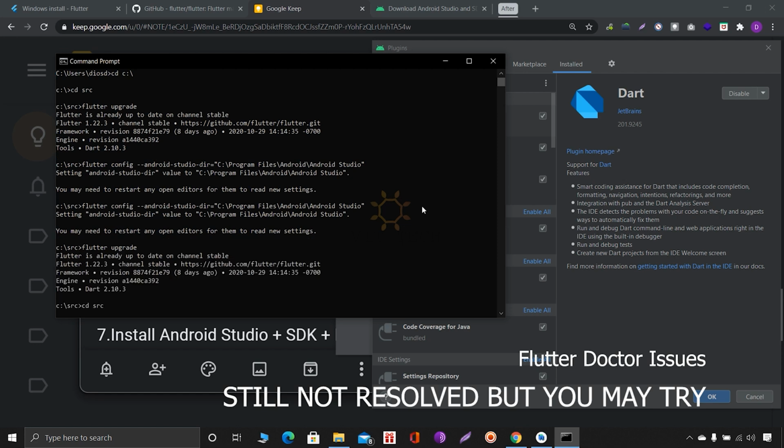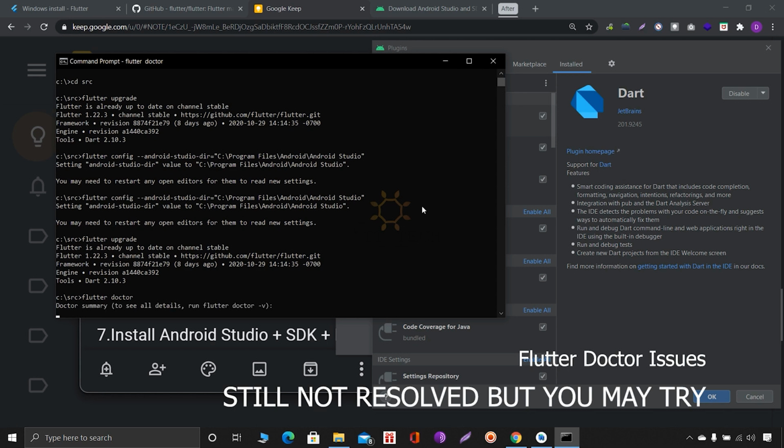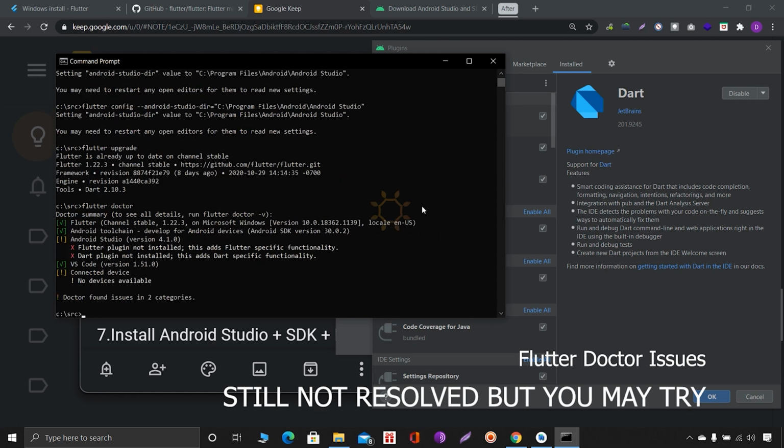Flutter doctor. So now it is still coming. It may be an issue with the latest version of Android Studio or Flutter. But we have completed our part of everything.